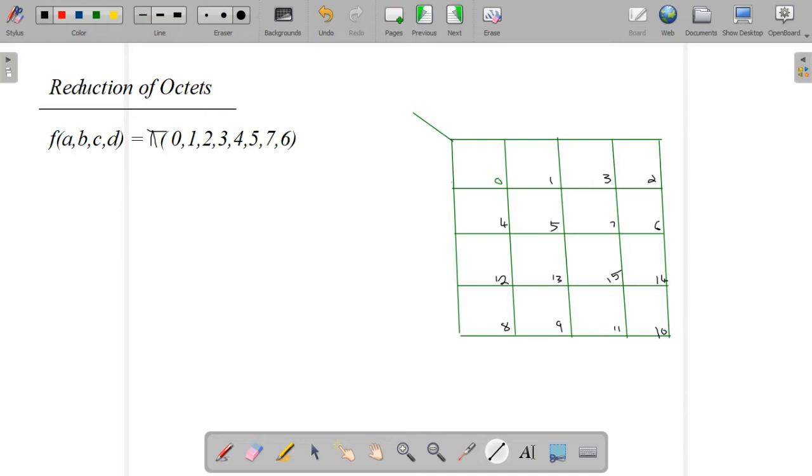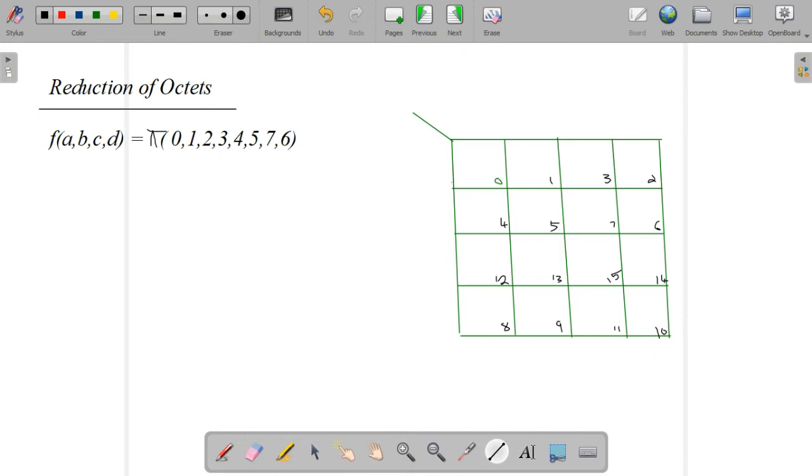Okay, here is reduction of octets. Octets means if 8 adjacent ones are there, we can mark it as an octet. In the case of an SOP expression, 8 ones. Here POS means it should be 0 values. So here I have taken an expression for reduction of octets. I hope everyone understood well about the reduction of pairs and reduction of quads in an SOP expression,